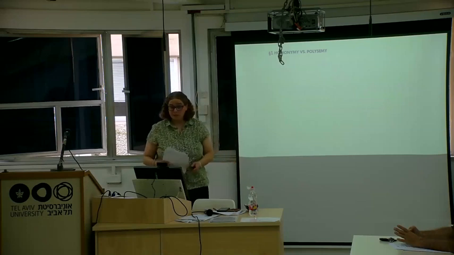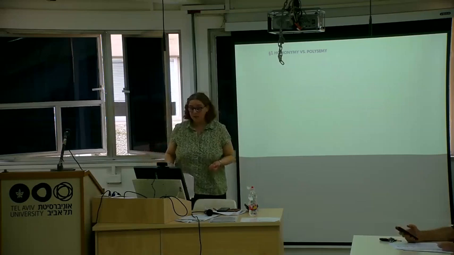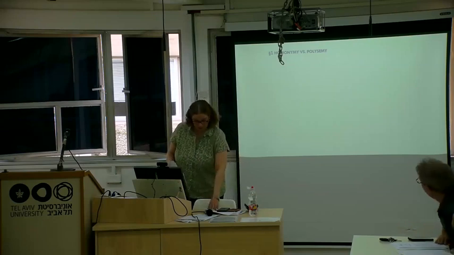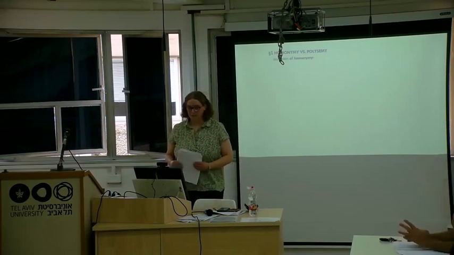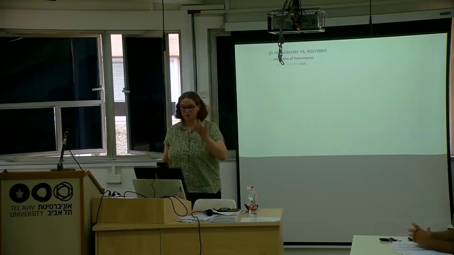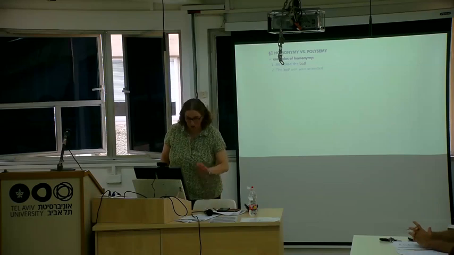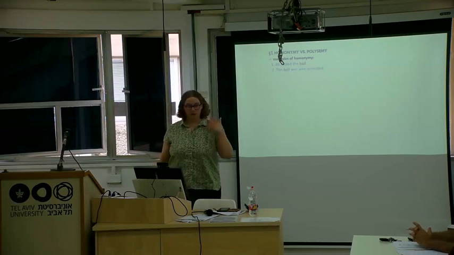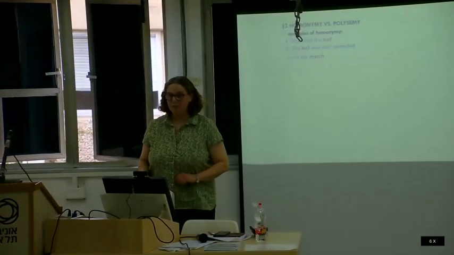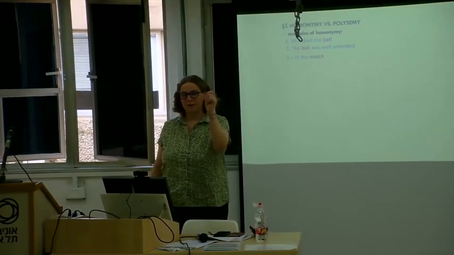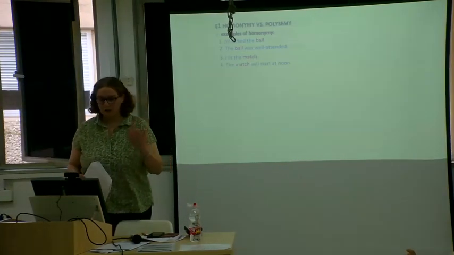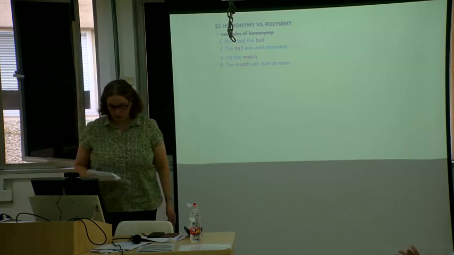Okay, so in linguistics, it's very common to distinguish between two types of ambiguity, homonymy and polysemy. So here are some classic examples of homonymy. Think of the word ball as it's used for play objects, like Jill kicked the ball, or ball where it's used for a kind of party, as we can see in sentence 2. Here's another example. Think of the word match as we use it for a little stick to light fire, or the word match where we use it for a kind of competition, as we can see in 4.